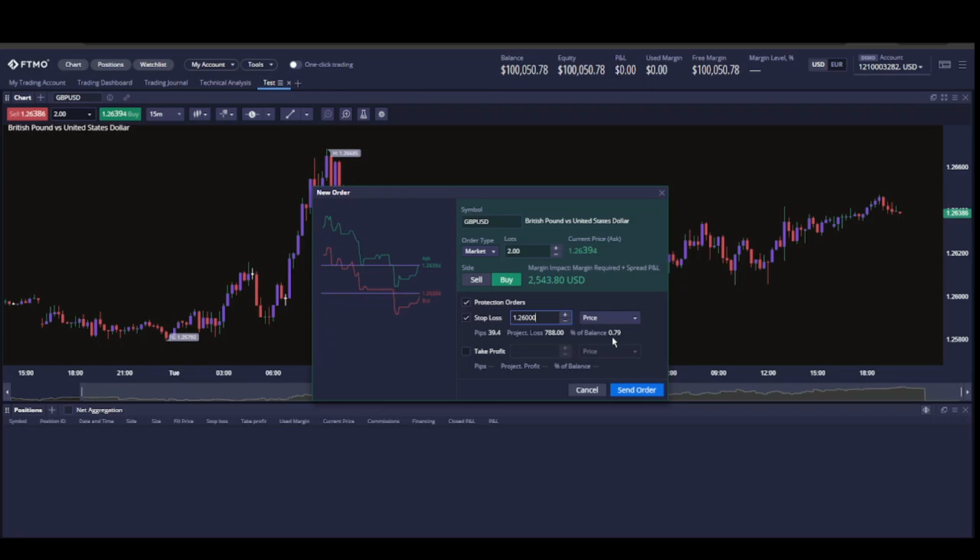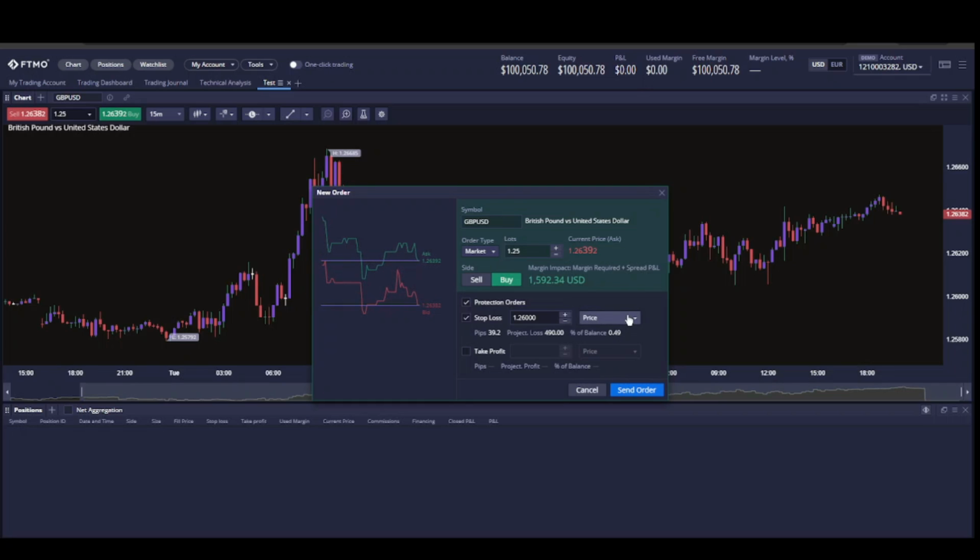our account balance. Okay, what you can do is, let's say if you want to reduce the percentage, what you have to do is just change the lot size, and now you can see 0.4%. So you would know exactly how much you're risking. Say a 1.25 lot size means it's around 0.5%.